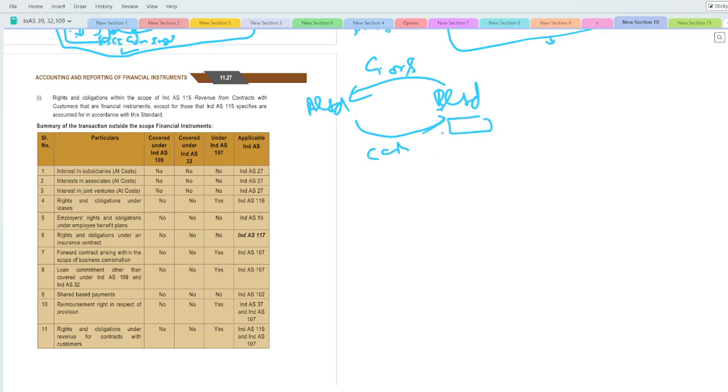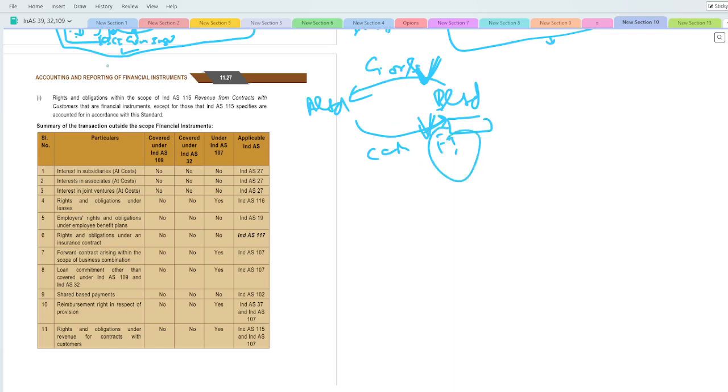So for B Limited, it's a revenue. Okay. So now, if both the legs are not performed till now, मतलब दोनों लेग अगर पेंडिंग है, तो ये आपका फाइनेंशियल इंस्ट्रूमेंट नहीं है, करेक्ट? तो यहाँ पे आपका इंड एस 115 एप्लीकेबल है। उसके बाद क्या बोल रहा है कि अगर ये लेग परफॉर्म हो जाता है, और उसके बाद केवल यही लेग बचता है जिसमें कैश पे करना है, तो ये आपका फाइनेंशियल इंस्ट्रूमेंट है, करेक्ट।